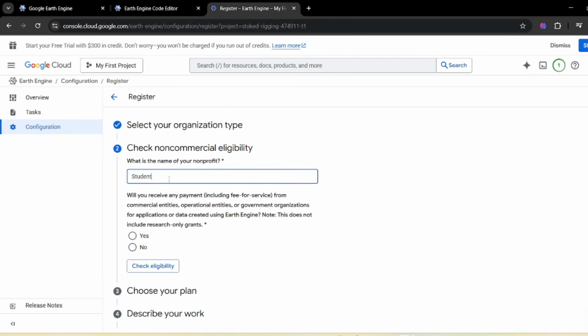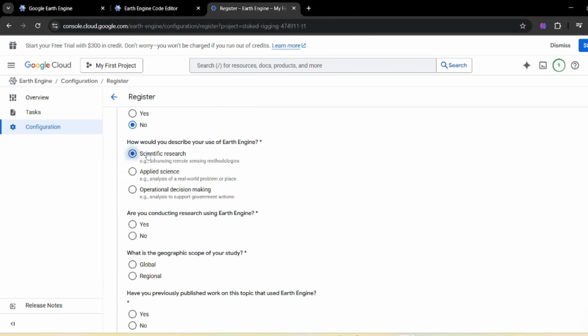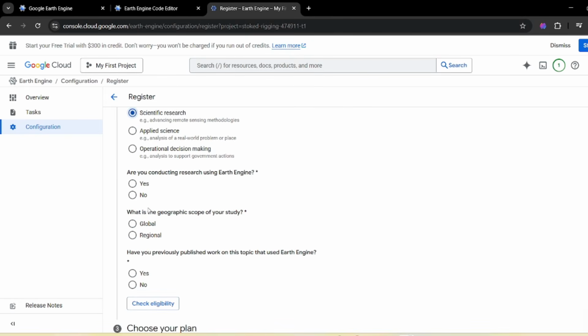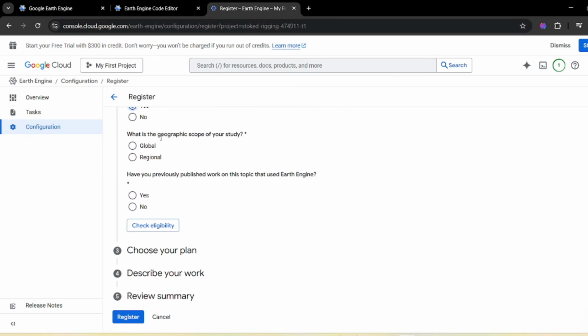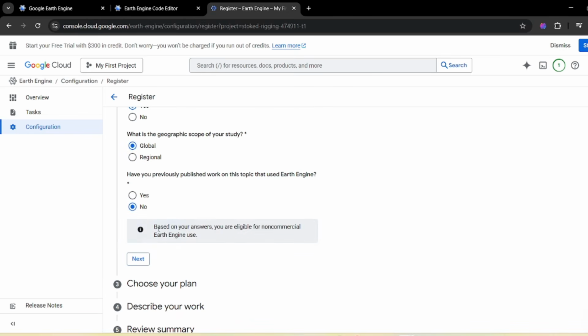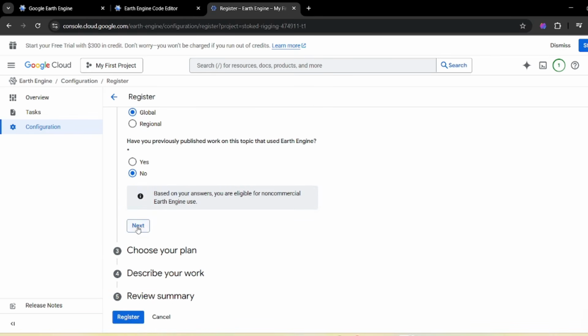Then over here, you can write that you are a student and read this. Okay, so I will go with no. So it is for scientific research, and in my research, yes, I will use Google Earth Engine, and my scope of study will be global. And yes, I do have published research work, but if you don't have a published research work, then you can go with no. Then next,